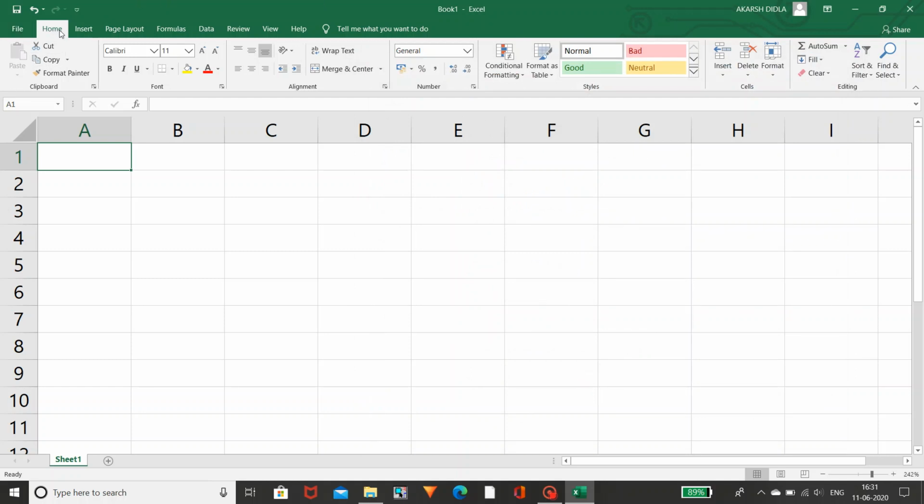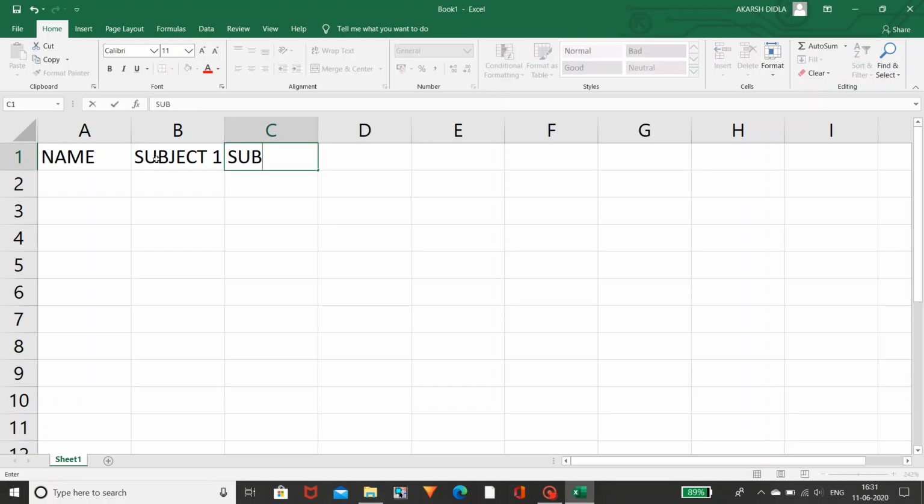And now coming to Home. In Home you have different types of options. So for enabling every option, let's do a small project. I am doing the student worksheet, or student progress report, or student scholastic report, whatever you may name it. So I am doing the student mark list. First, let us give the name. In the mark list we have the heading, Name. In the second, you can see Subject 1, and in another you can see Subject 2.